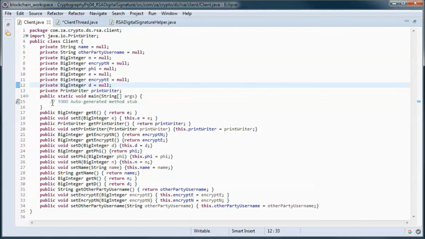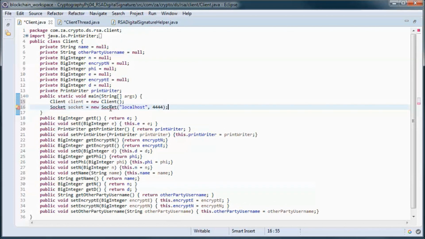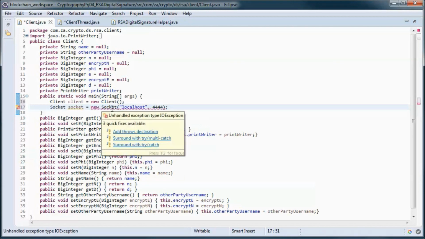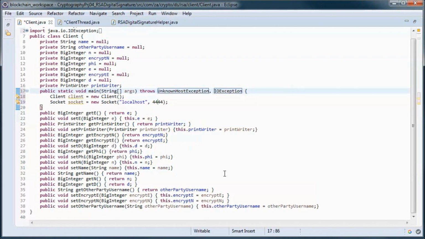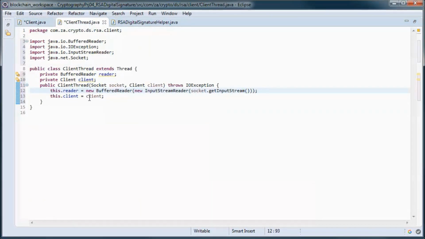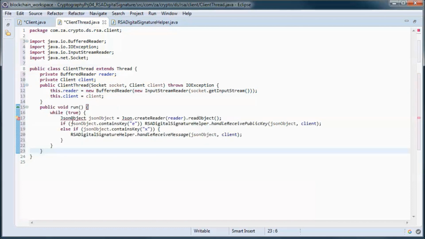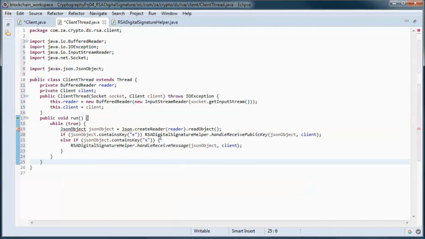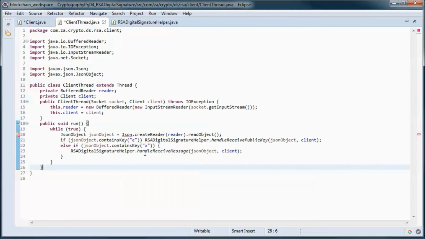And the server will be listening on this port, and we instantiate and start a client thread, which will end up triggering a call to this run method when the operating system decides to do so.